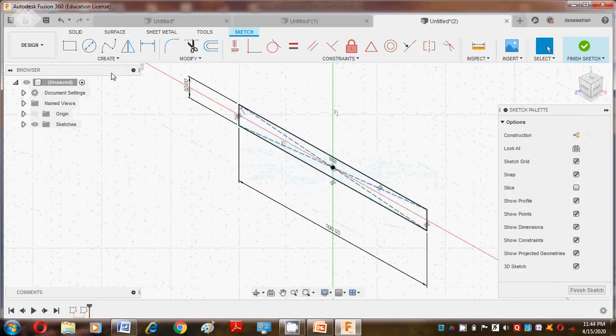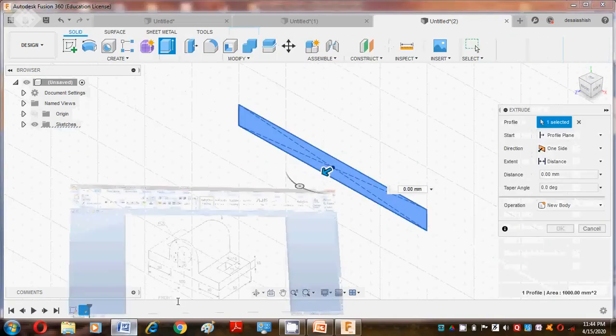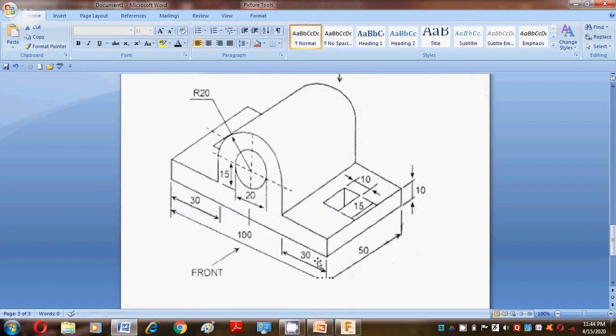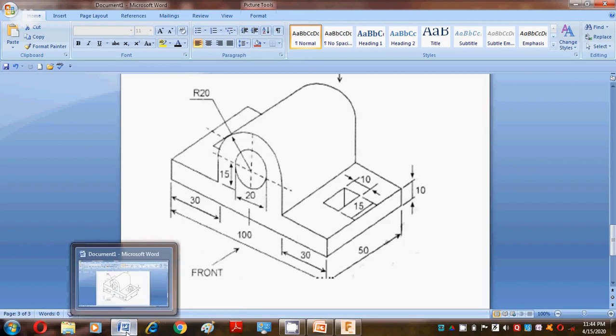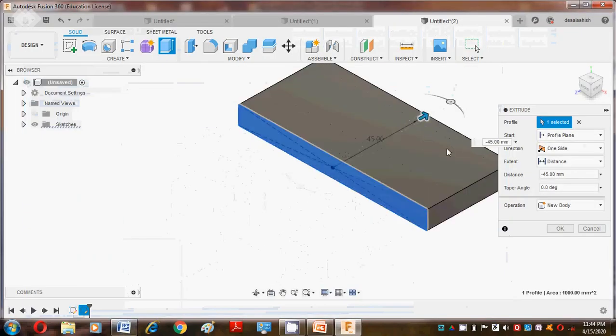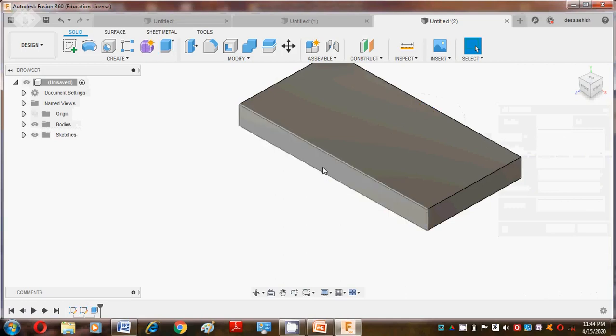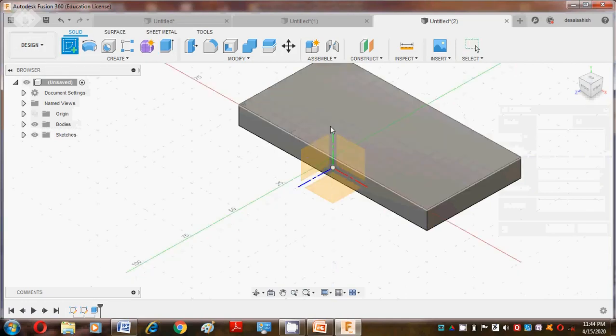Then I use the extrude command. So this is having 50. So first of all I consider the 100 by 10 and then extrude for 50. So I take minus 50 over here, minus 50. Say okay. After that I want to select this face,